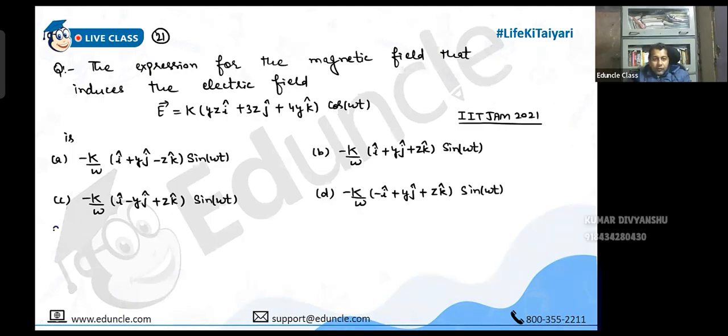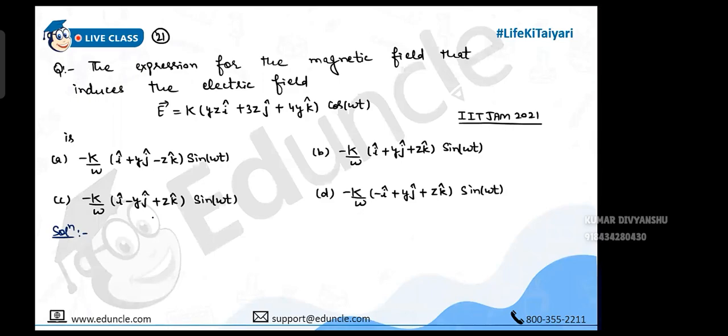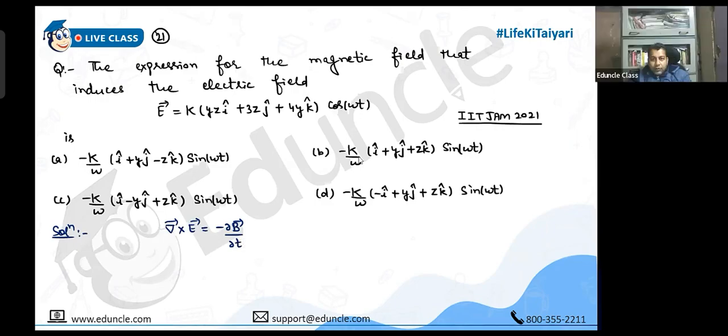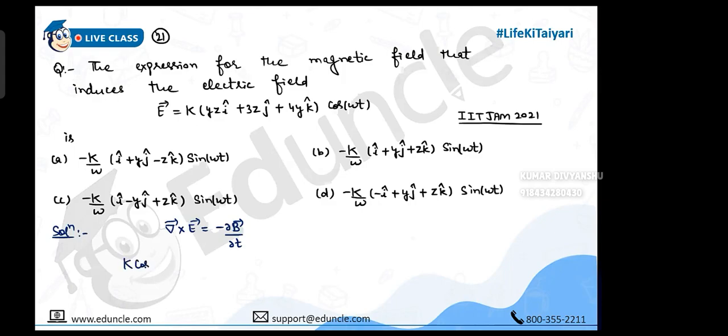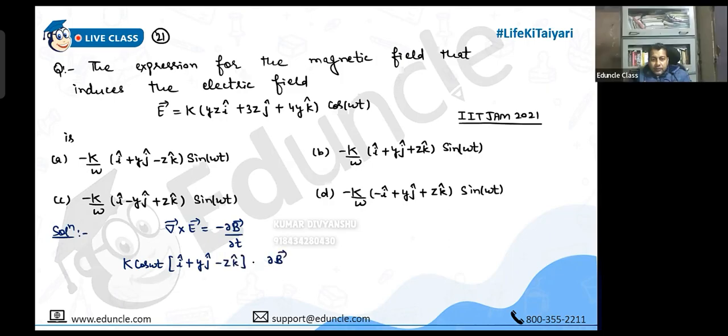Now that shortcut is not going to work. So you need to make use of this equation. Yes, Durga. So take the curl of E. What is the curl that you are getting? I cap plus y j cap minus z cap, this one. So now I need to integrate it. So if we integrate it, it will become